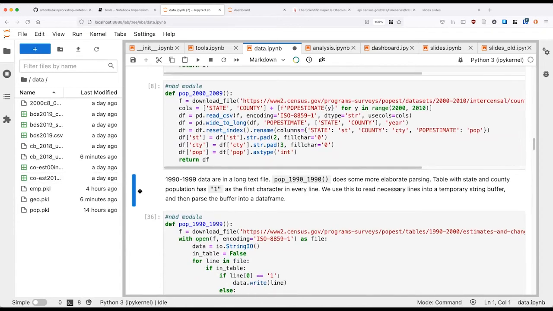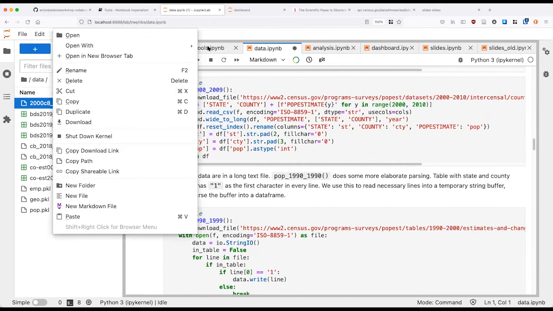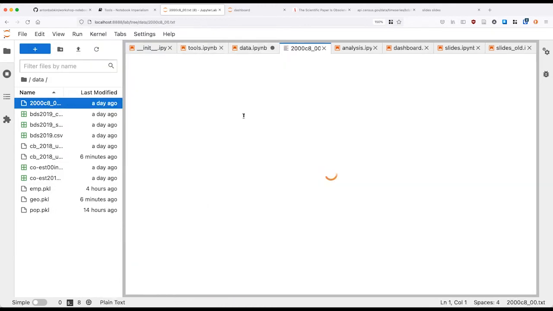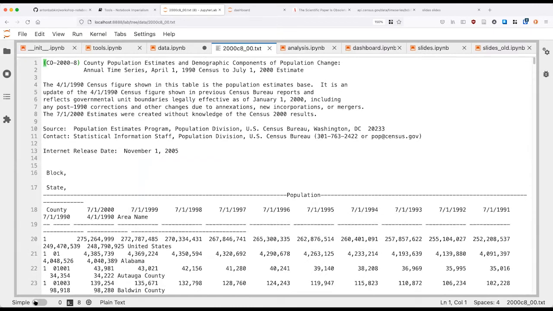Actually, I have it right here. I think it's this one. Yep. So it's a file that looks like this. I couldn't find a better format. Maybe there is, but that's the